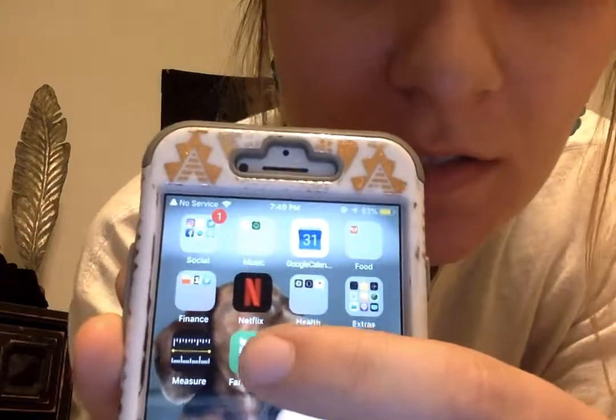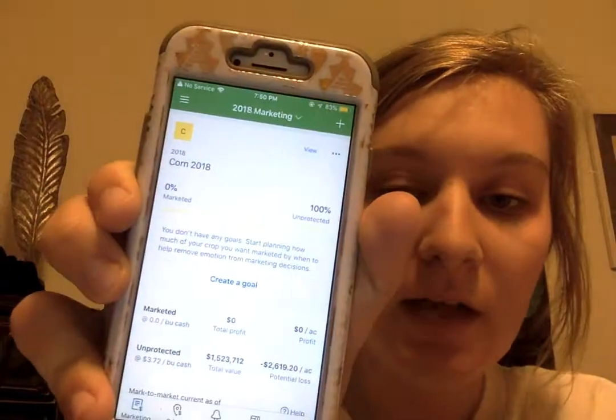Okay, so I chose the app Farm Logs, which is this one right here. It's very helpful for agriculturalist producers, mostly farmers. I know people that use it for producing hay and baling hay. This app basically stores all information, including rainfall and how many acres you have in your field. It also tracks how much your product is worth in the market and how much you're spending, how much you're putting